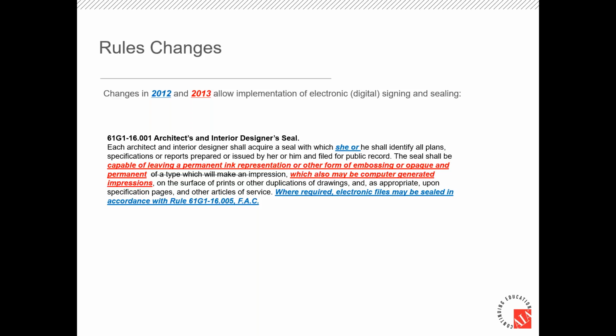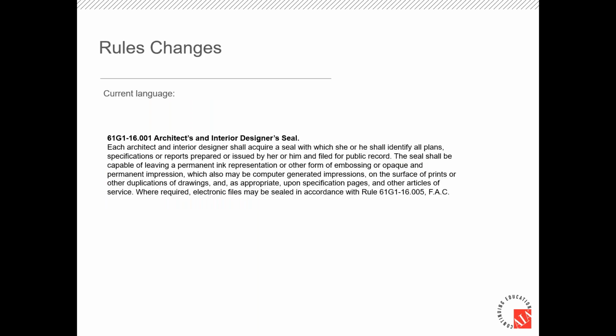So he said, all right, let's just make this clear. And so we left other form of embossing in there, which is the old language. We added permanent ink representation, which means you can actually buy a stamp and use a physical stamp or some sort of computer generated impressions, just to make sure that there was nobody with a different opinion of what the hell this meant. So shortly after that, and this is what that rule ultimately looks like and looks like today: